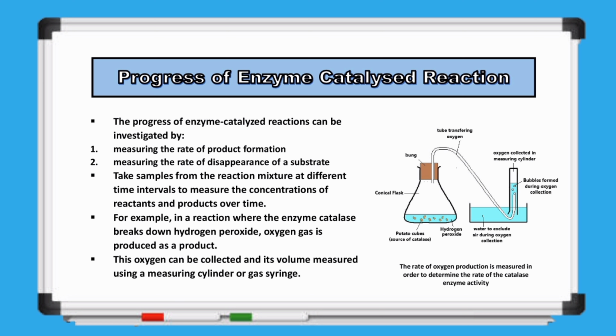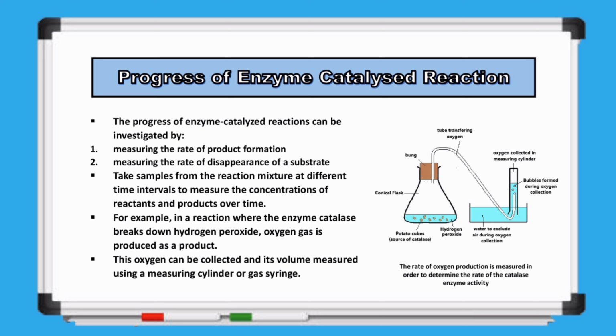A good example of this is the reaction involving catalase, an enzyme found in potatoes. Catalase helps break down hydrogen peroxide into water and oxygen gas. In this case, we focus on the oxygen gas being produced, which we can measure to see how active the enzyme is. To carry out this experiment, we place pieces of potato, our source of catalase, into a conical flask